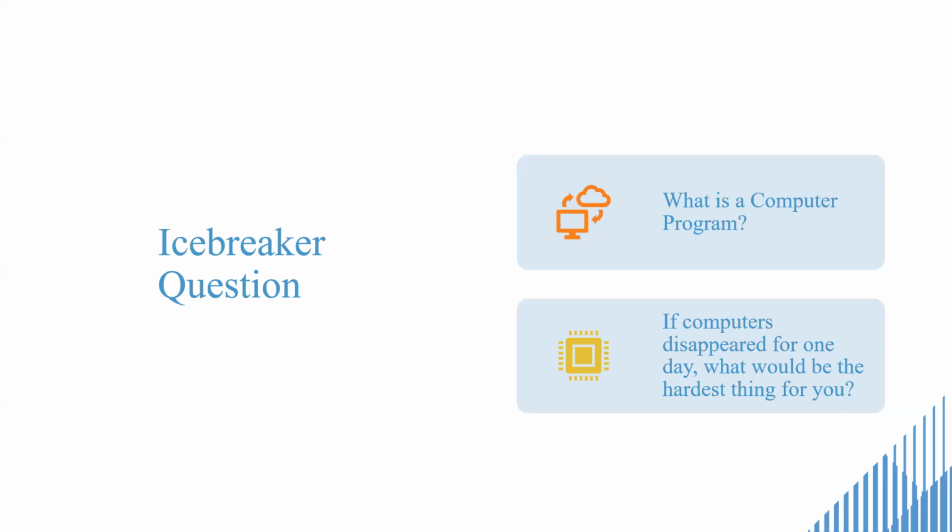So, what's a computer program? As our classmates mentioned, a computer program is a set of instructions that a computer can execute to perform specific tasks. These instructions are written in programming languages such as Python, which we are going to study today, or Java. These programs can be simple scripts that perform basic functions, or complex applications that can solve complex issues.